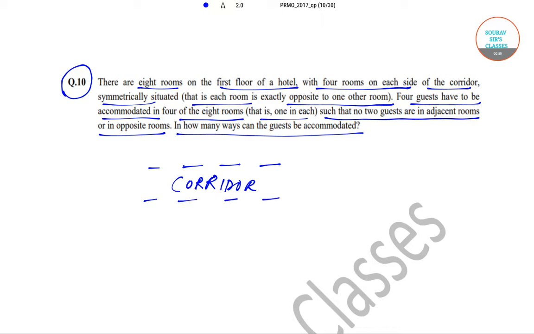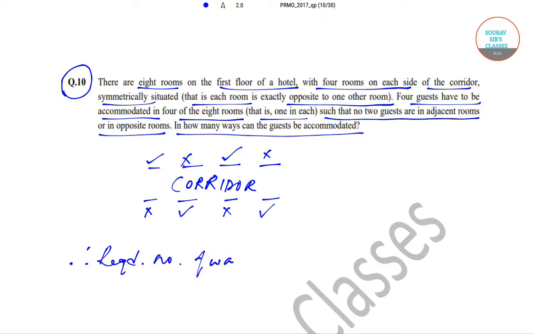So now suppose one guest is kept over here, so the second guest cannot be kept in this room and cannot be kept in this room, but can be kept in this room. So the next guest cannot be kept in this room, and here also a guest cannot be set. We can put one guest over here. Then the adjacent room cannot be taken up by any other guest, so the only room that is left for the 4th guest is this over here. So as you can see, therefore the required